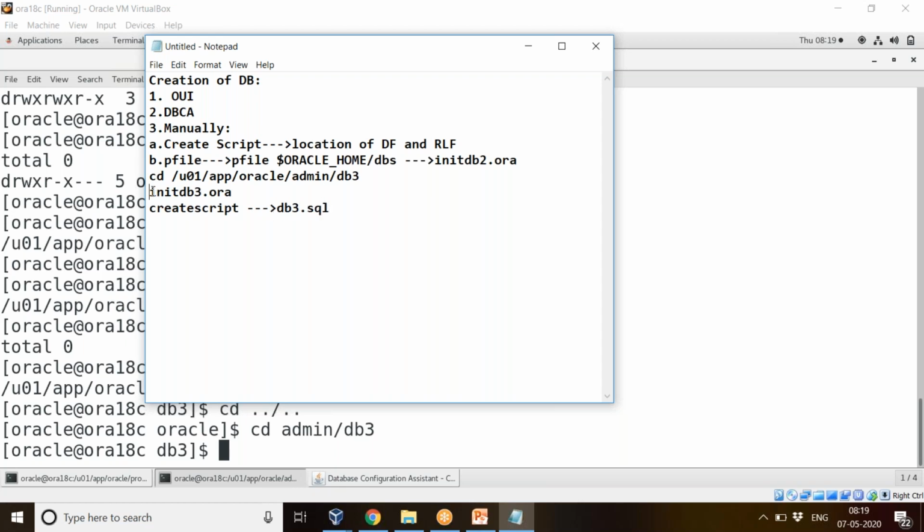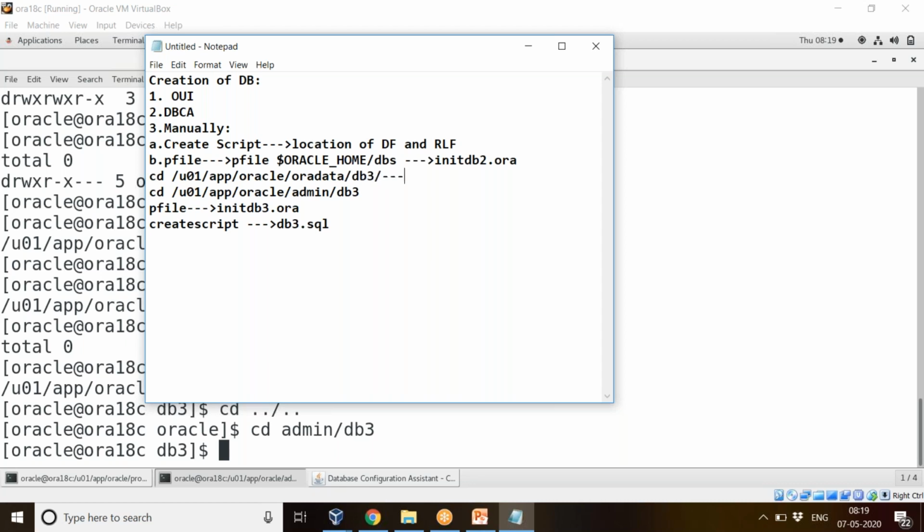Fine. So P file is this one, init db3.ora is the P file. So these two files I'm going to keep under this path, under admin. Before that, I have created a directory under u01 app oracle Oradata. Fine.